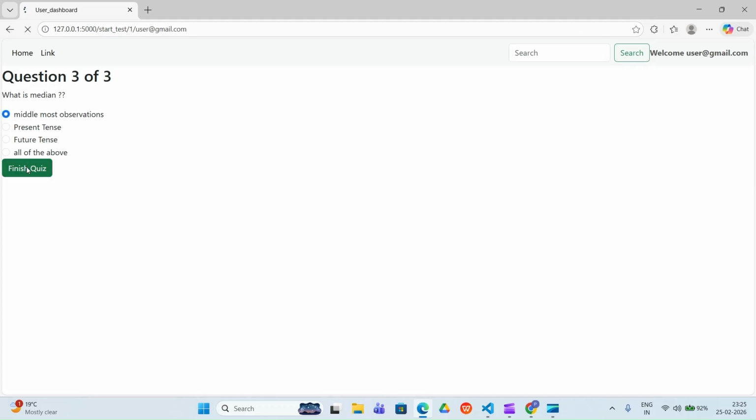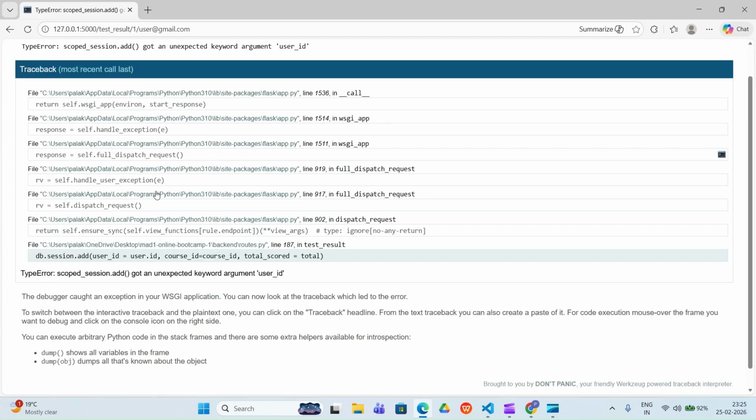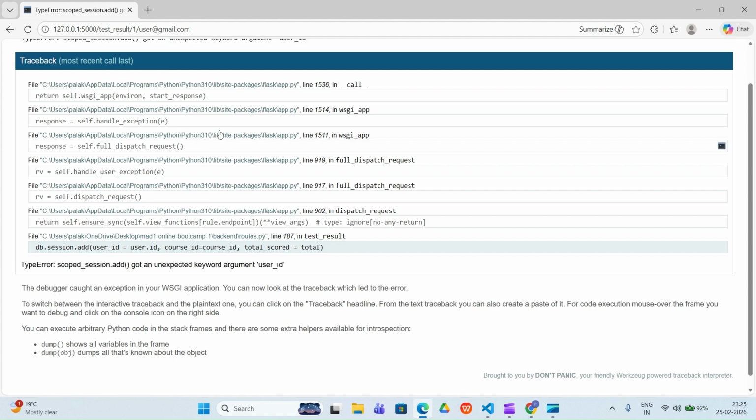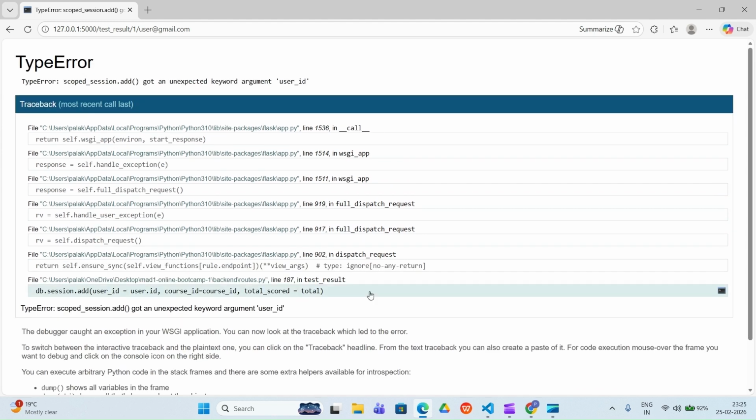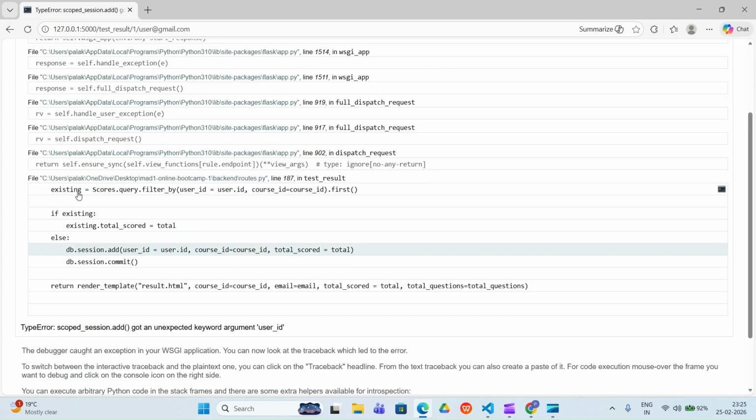We click on finish quiz, and now we can see that we are getting this error, that user id is not like this. So what that error actually is, what we are doing here is checking existing, and if existing is there, then that will be okay. And then we go to the else part, and we now can see db.session.add.